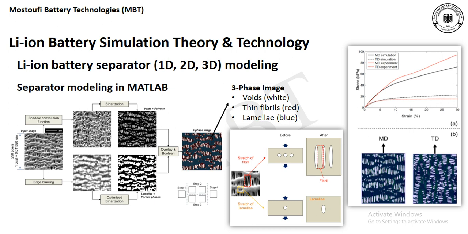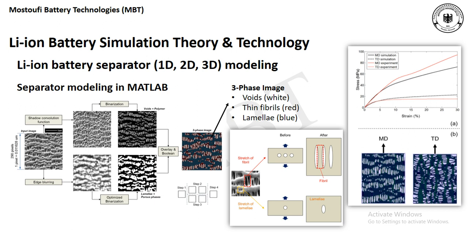Then we have two different binarization techniques that finally result in a three-phase image. This three-phase image consists of the voids and thin fibrils that finally can tell us the stress and strain curves